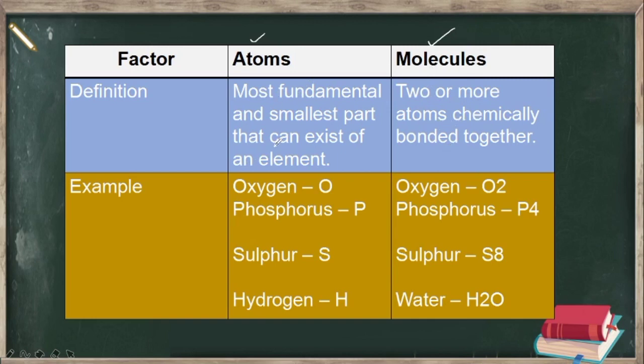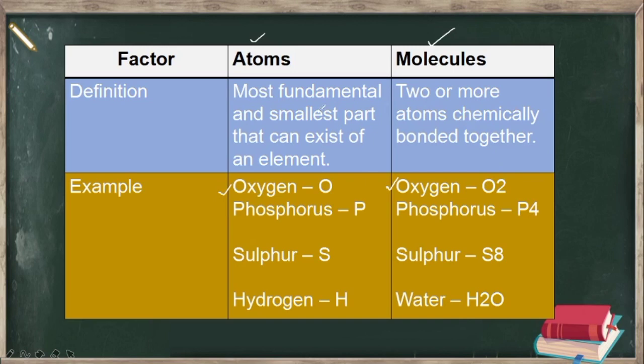So for example, look at this first example, oxygen. What is the symbol of oxygen? It is O. And the second example, phosphorus. What is the symbol of phosphorus? It is P. Whereas when you look at the molecule example, oxygen, see, this is also oxygen and here it is also oxygen, but look at their symbols and formulae. Oxygen in its atomic form we write as only O. For the molecular form we write it as O2.